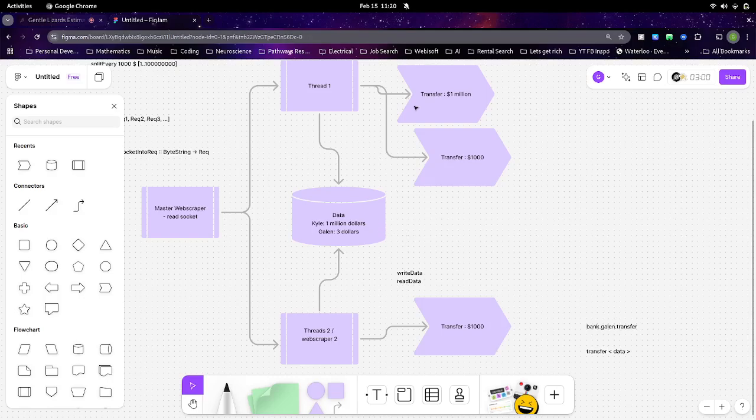And how that would happen is, let's say he transfers 1 million. This reads from the data that he has 1 million, and this also simultaneously reads from the data that he has 1 million, and then for whatever reason we don't check at the moment that we do a transfer. Kyle will somehow send out more than he has, which just doesn't make any sense.